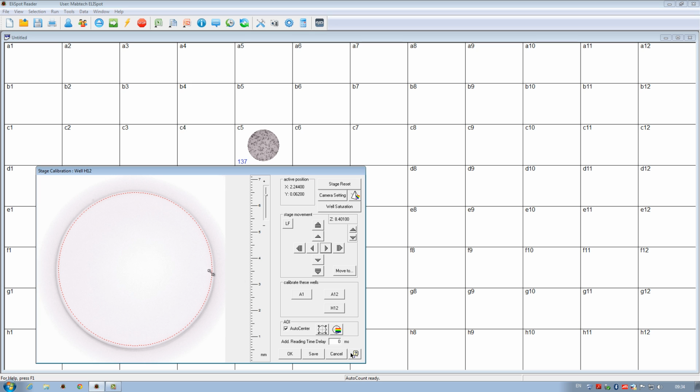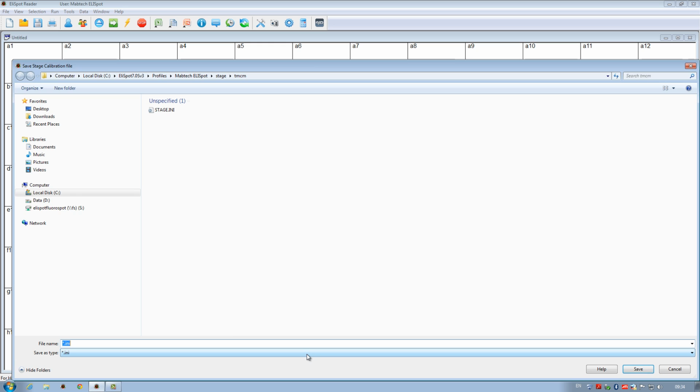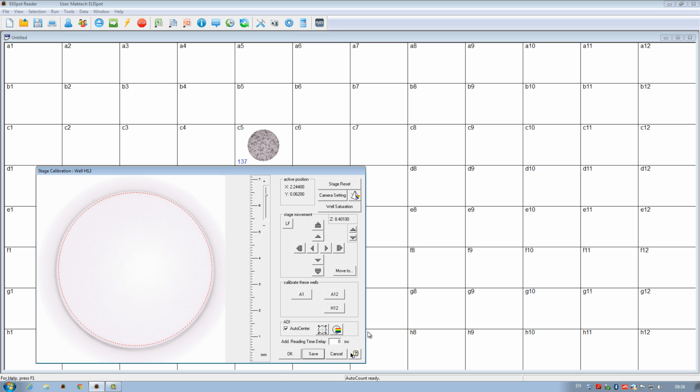With the focus and stage calibration done, we are now able to save it under any name we choose. For example, we could name it Mobtech MSIP or simply Mobtech. However, for this tutorial I'm going to show you another approach. By exchanging the currently existing stage.ini file, we switch out the default calibration that is automatically loaded every time the current user is logged in. That is, the next time the Mobtech ELISpot user is accessed, this new stage calibration will get automatically loaded and I can immediately start reading my next MSIP plate without any adjustments.